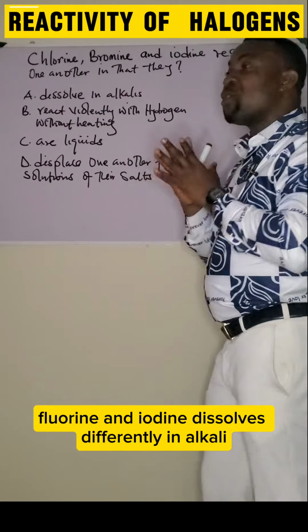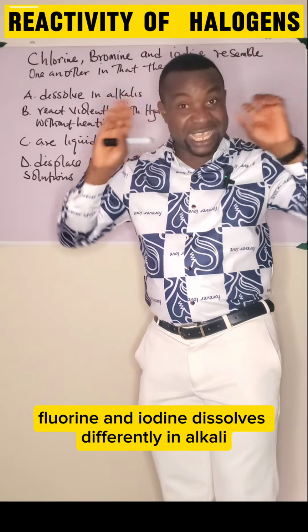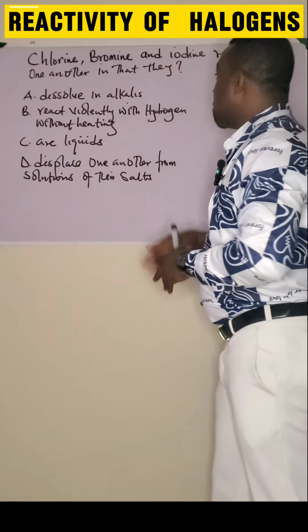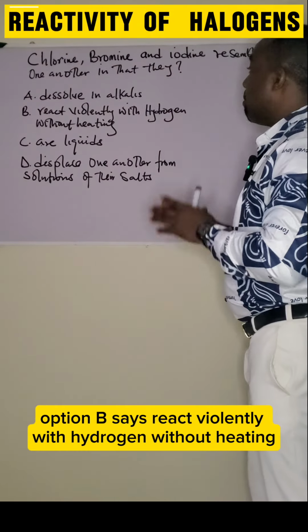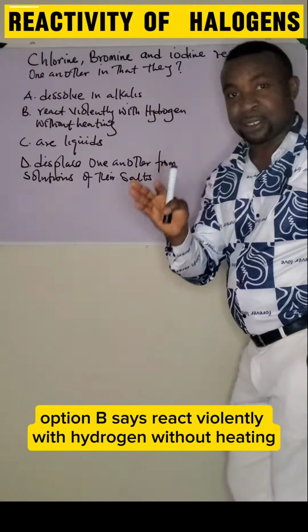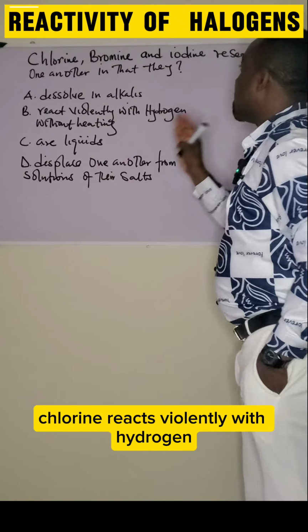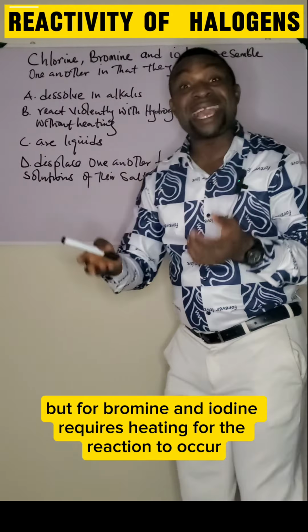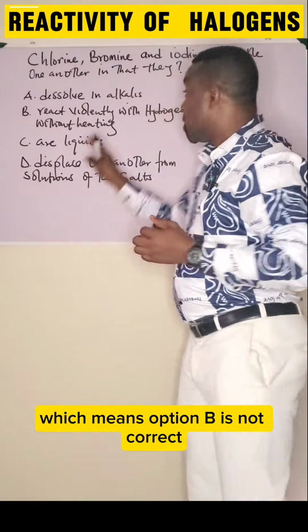Chlorine, fluorine, and iodine dissolve differently in alkali. They react differently with alkalis, which is not the correct option. B says react violently with hydrogen without heating. Chlorine reacts violently with hydrogen, but bromine and iodine require heating for the reaction to occur, which means option